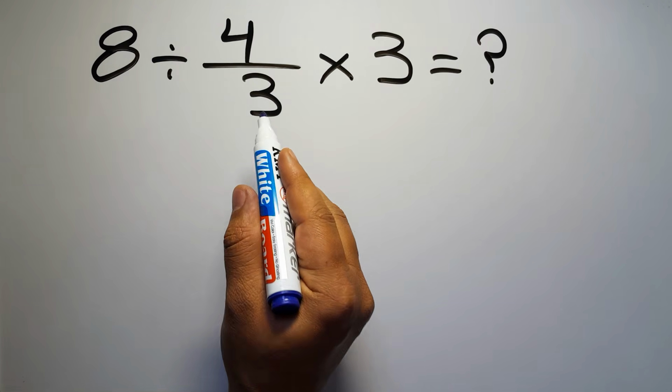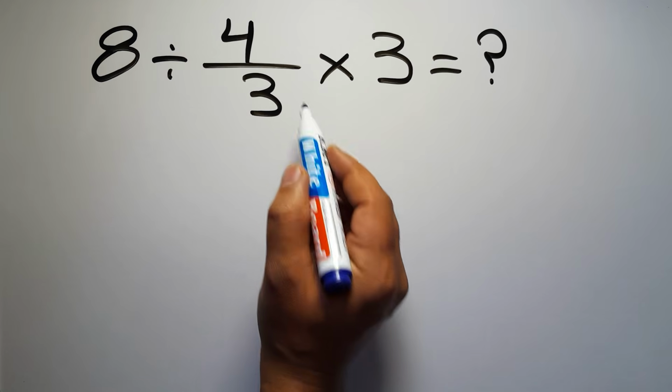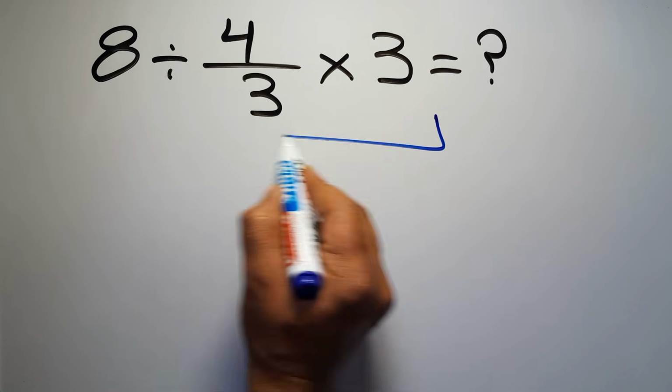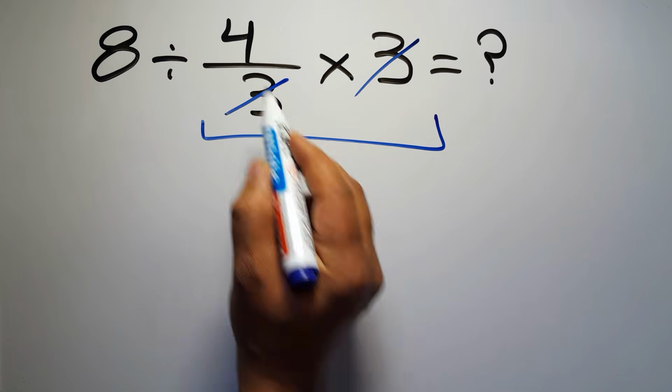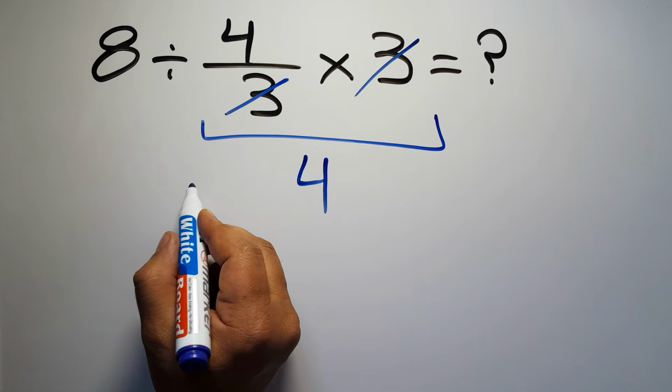8 divided by 4 over 3, then times 3. First we do this multiplication. 4 over 3 times 3. We can easily cancel this 3 and this 3. So here we have just 4. And 8 divided by 4